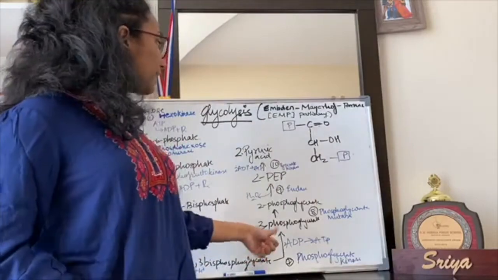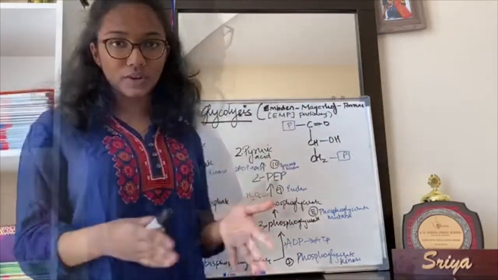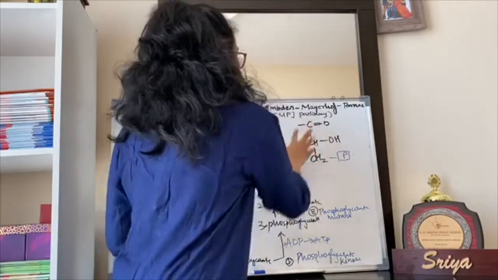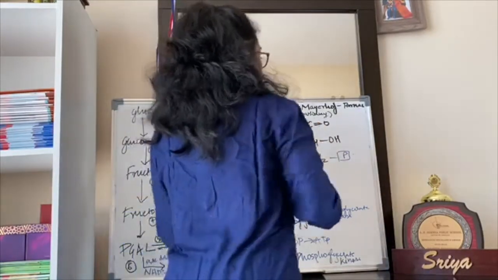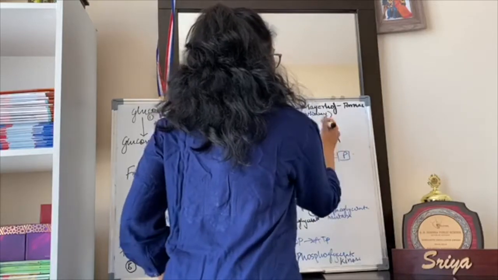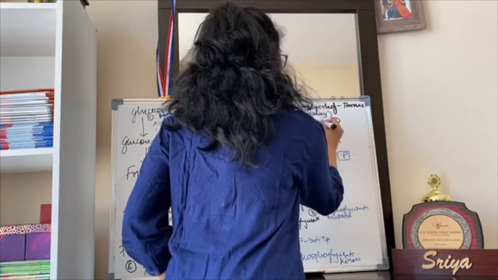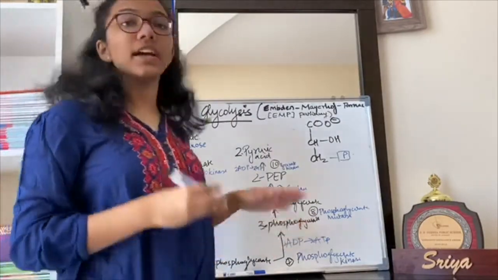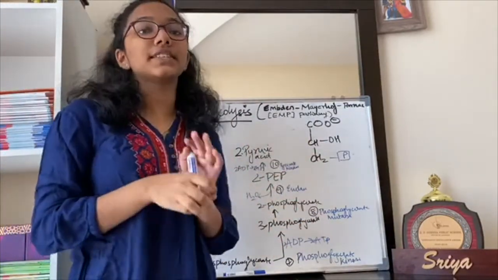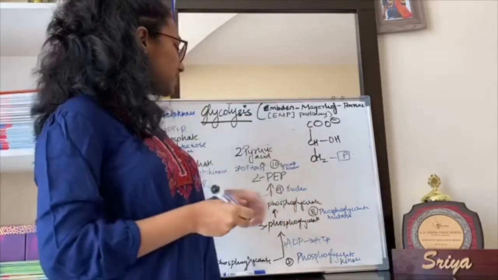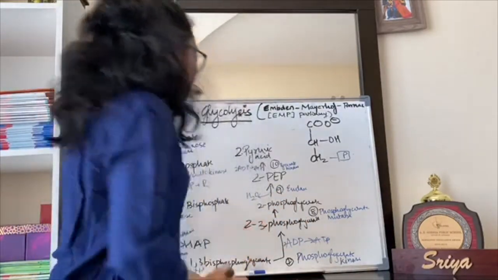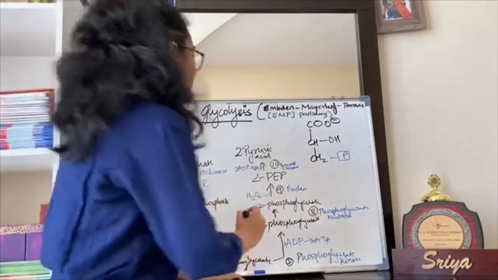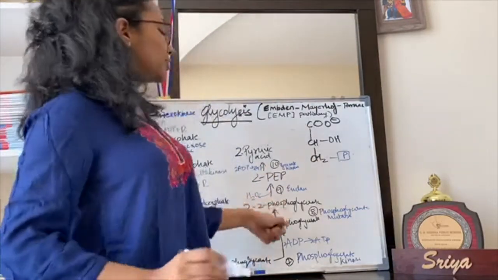So that means one of the phosphate groups has to go away. Here one of the phosphate groups goes away, and the group formed here will be a carboxylic acid group, which forms 3-phosphoglycerate. Glycerate is another name for glyceric acid, so it's basically 3-phosphoglyceric acid, 2 molecules of it, and 3-phosphoglyceric acid is now converted into 2 molecules of 2-phosphoglyceric acid.